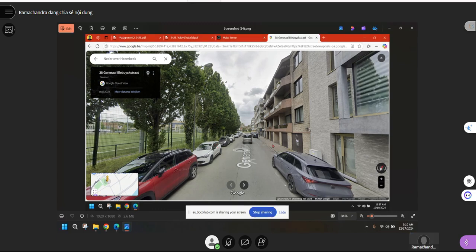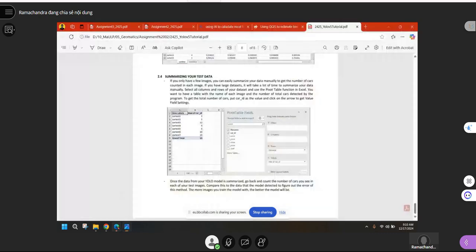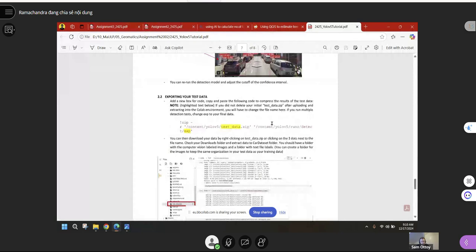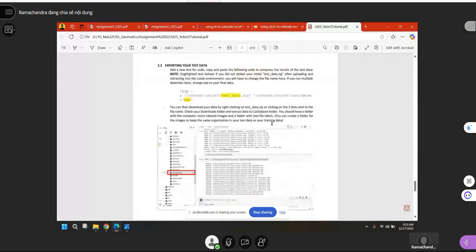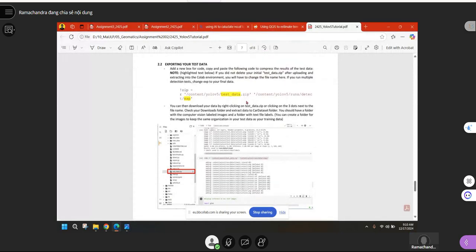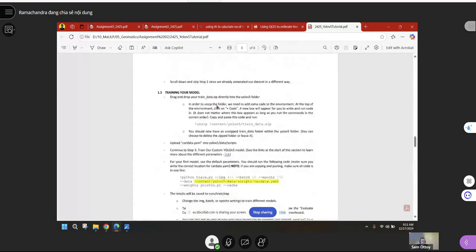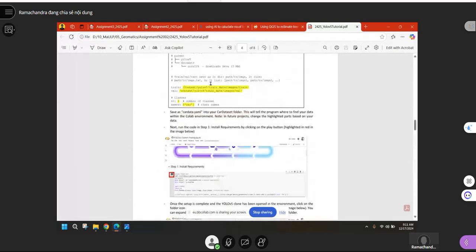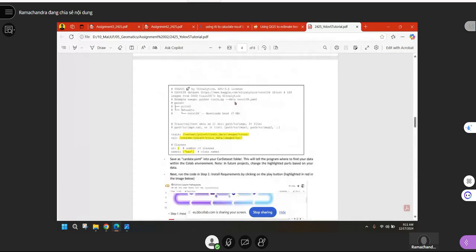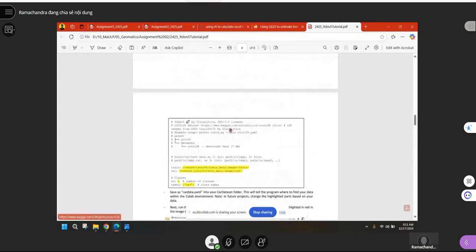And then what was the error of your code? There was no error exactly, but if I open the tutorial here, I got to the stage where I think it was make sense when I opened make sense in my browser, and then let me see where it is. Yeah, so when I was in this part of the coding part exactly,